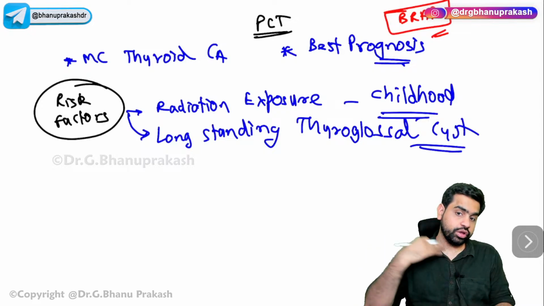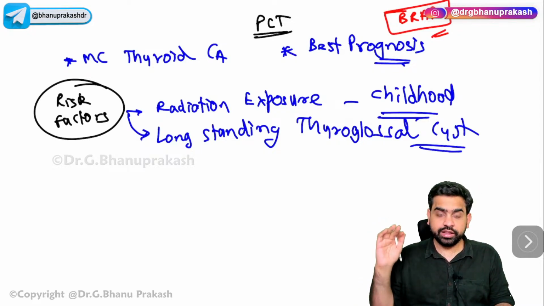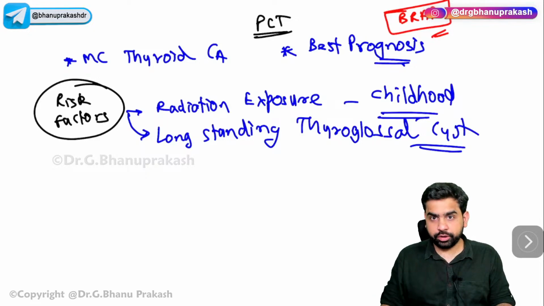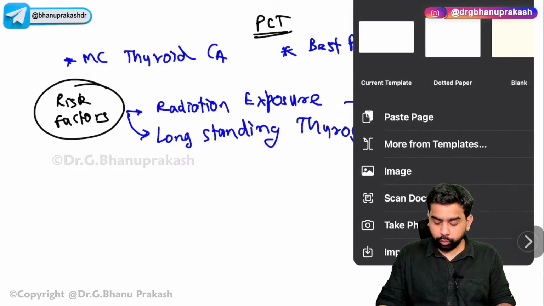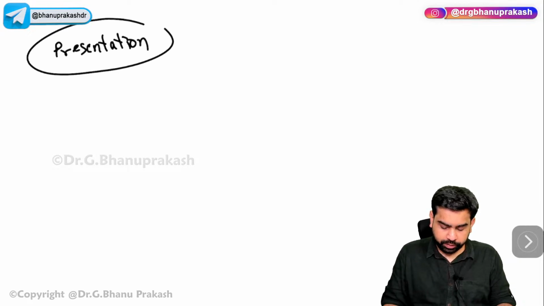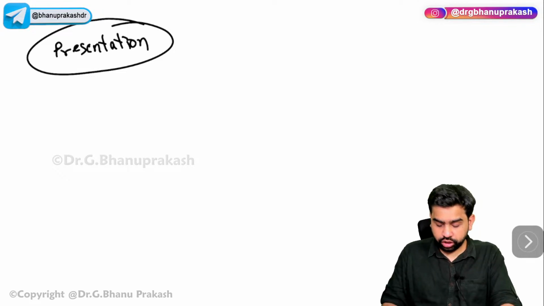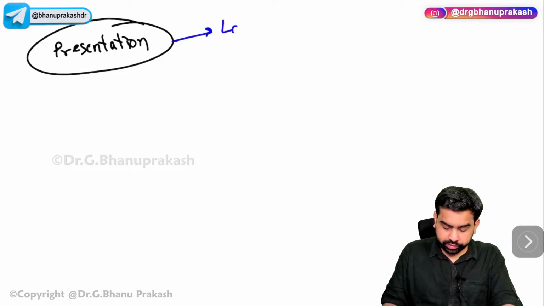So radiation exposure in childhood and a long-standing thyroglossal cyst are the important risk factors for the development of papillary carcinoma of thyroid. Now what you need to understand is the presentation. If you talk about the presentation of patients with this particular papillary carcinoma of thyroid, what is the presentation? Patients can come to you with either the lateral aberrant